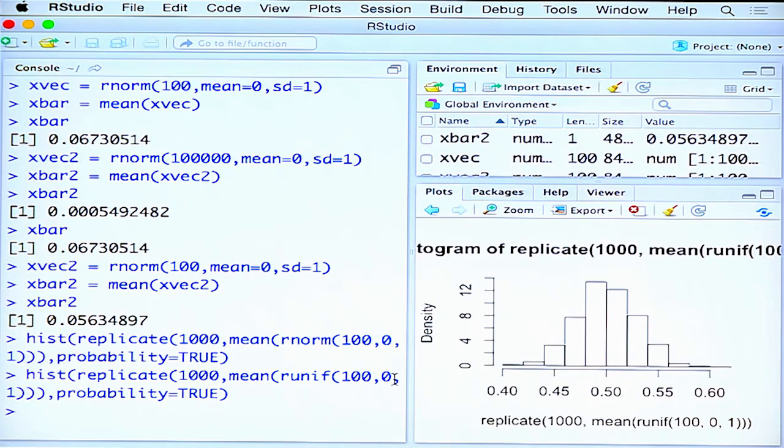That means I am sampling from a uniform distribution within the interval 0 to 1. What is the average of a uniform distribution? Recall the examples that we went through. The mean is a plus b by 2. That means the true mean is 0.5. And you can see once again f of x bar is centered around 0.5, which is the true mean.